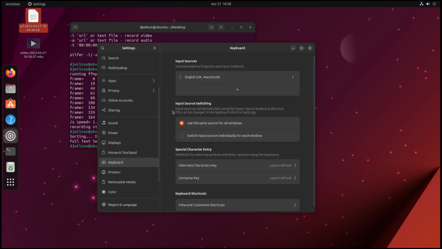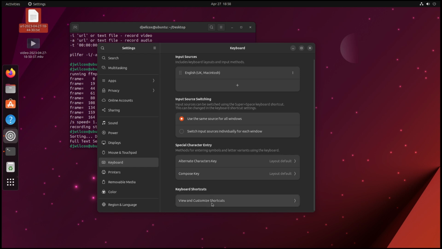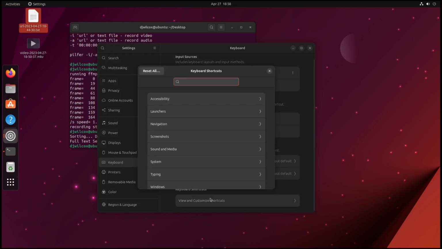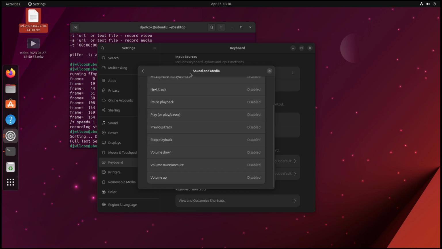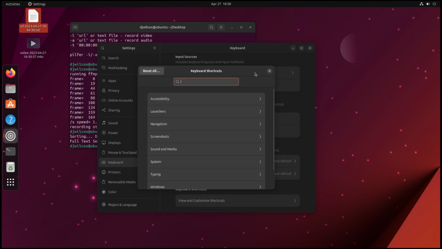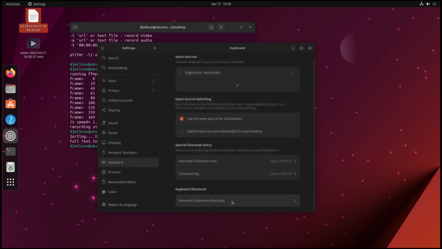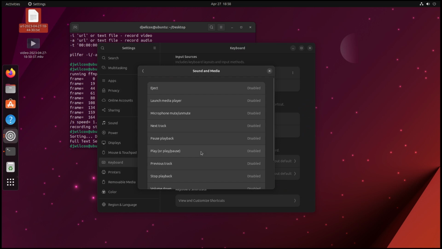Keyboard. This is where you can view and customize keyboard shortcuts. A useful one here is play or pause. If you come down here, view custom keyboard shortcuts, sound and media, play and pause, you can set a keyboard toggle for that, and that will use MPRIS to pause the currently playing video,